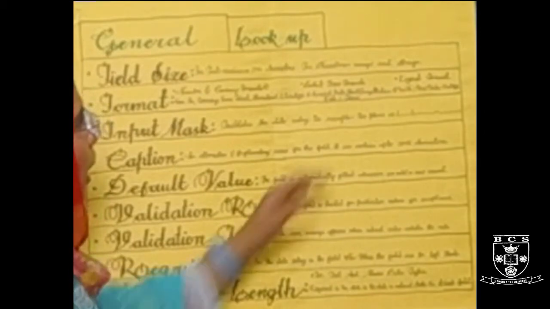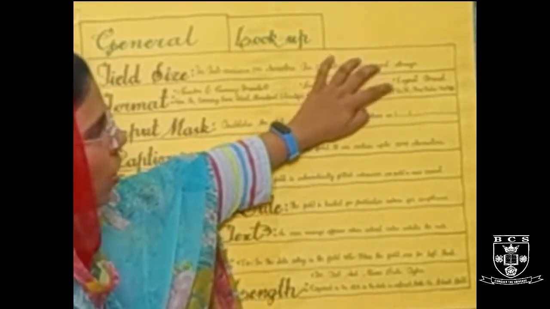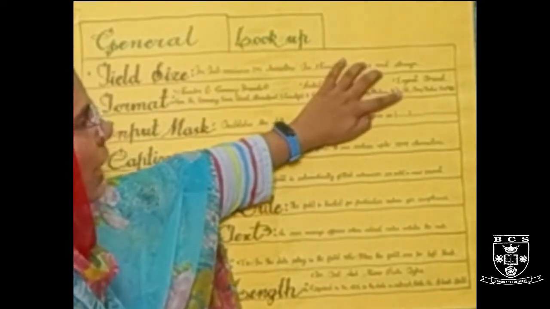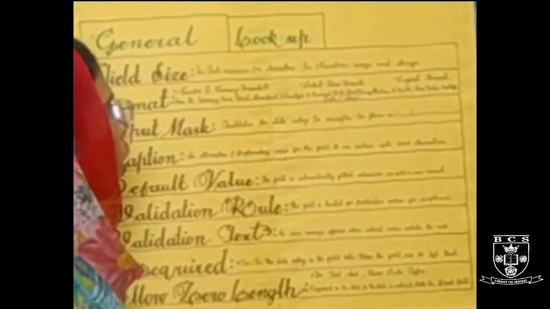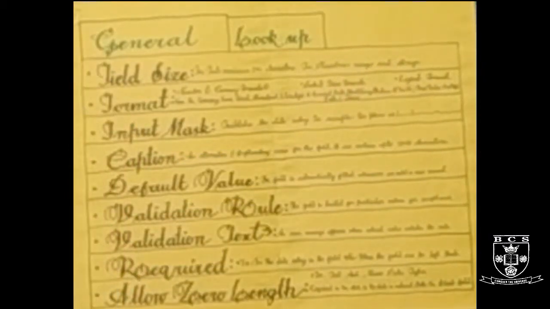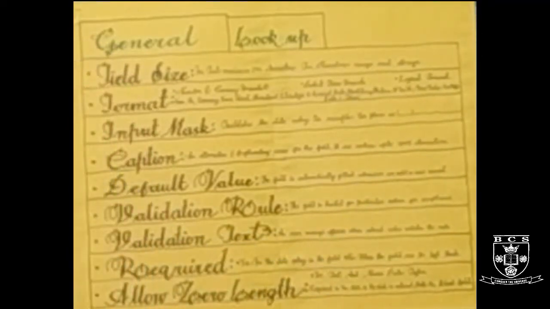And in the last we have the logical formats. In logical formats we have by default the yes or no option, and we can also customize this by selecting true or false, or on or off, as it depends on our data, what type of data we are working with. So we will select the logical format according to the data that we are entering.